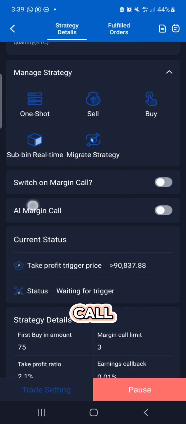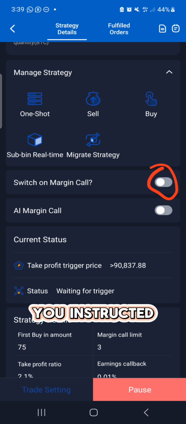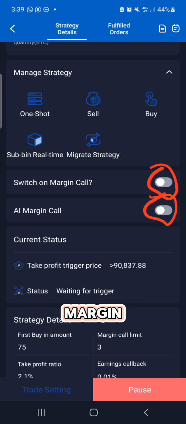Okay, so margin call, when you switch it on here, it means the bot is going to be buying the margin calls you instructed it to buy. Then AI margin call, when you switch it on, it reduces the speed at which the robot invests your money at given margin calls. For example,